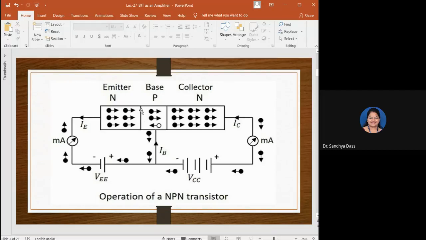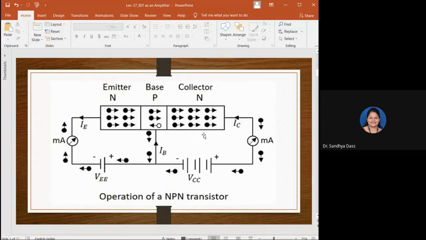And because of this forward bias condition, there is no depletion region, and the electrons can easily move into the P region. All right. Remember, the P region, the base region, is a thin layer, a very thin layer, and it is lightly doped. So before the electrons can recombine here, they are already in the collector region. Though this junction is reverse biased, the positive terminal here will accelerate the electrons to overcome this reverse bias condition, and there is a current flow.